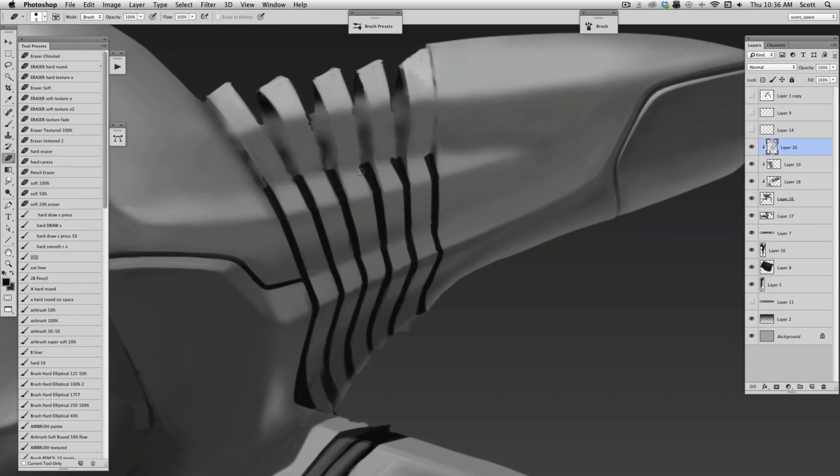And tweaking it. I didn't make this very tight through here, but you get the idea. Just keep refining. Again, if I was going to want to make that tighter, I would probably make one really pristine cut line, one pristine ribbed kind of element, and then I would just cut and paste and warp. I might even render all of those straight first and then come back and warp this panel so all the lines look very consistent. But if you want something that looks a little bit more handmade,